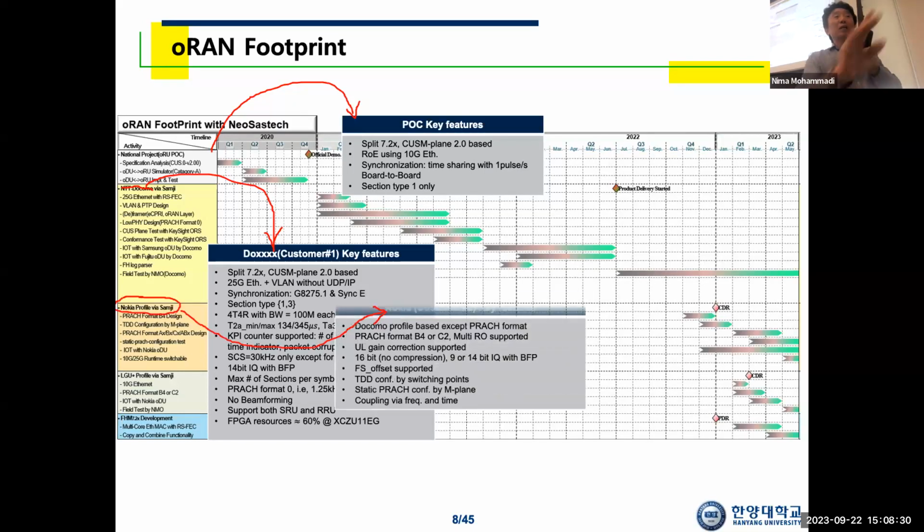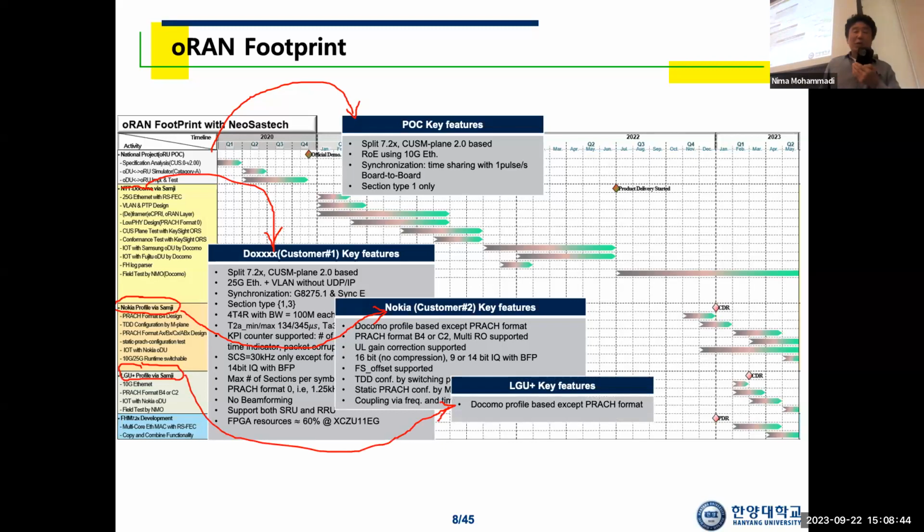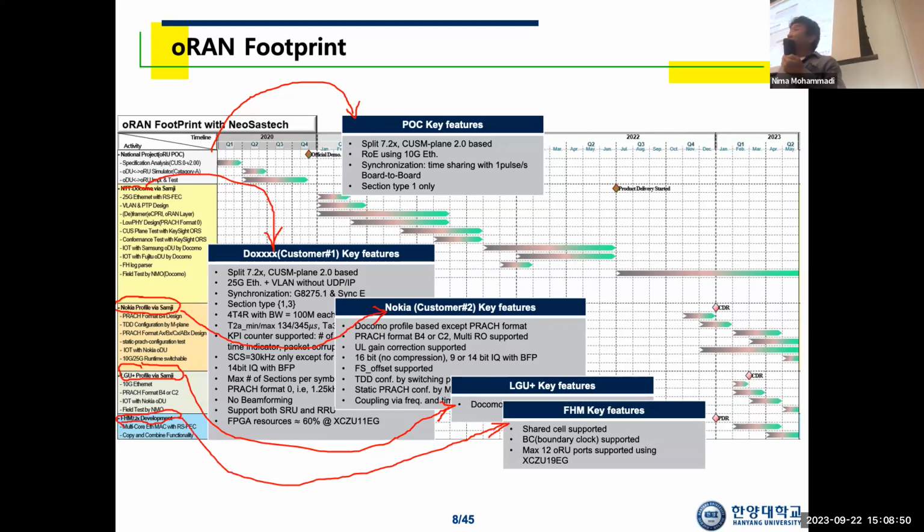Then we modified this radio unit such that my radio unit can be connected with another distributed unit developed by another vendor, Nokia, within the network of Korean network operator LGU+. Then finally, I am now expanding my radio unit such that a single radio unit can control a number of daughter